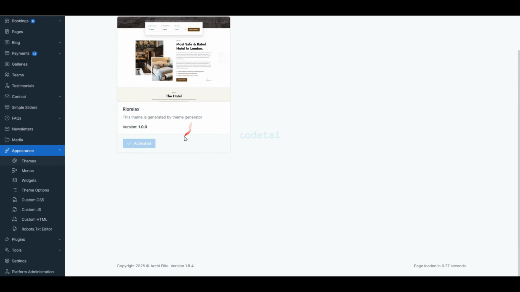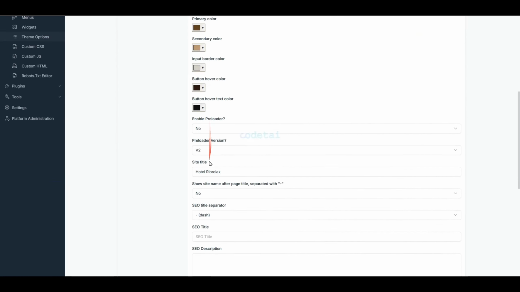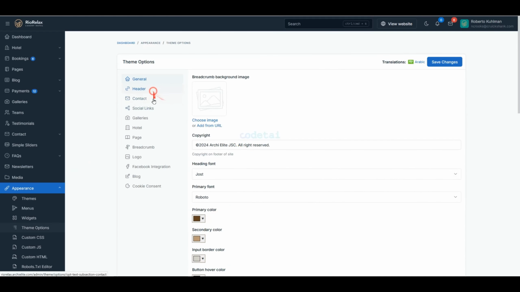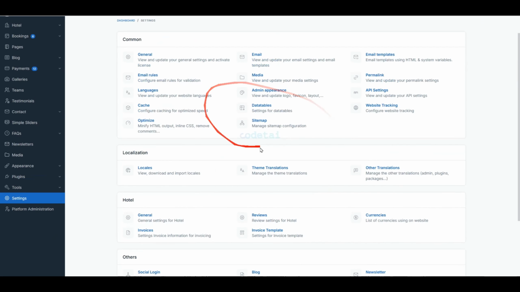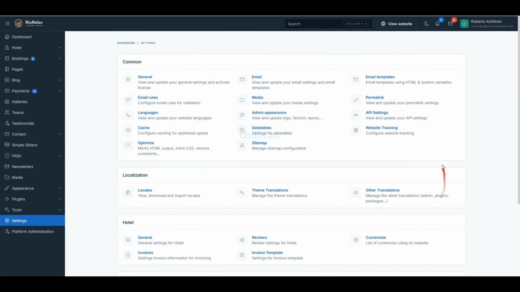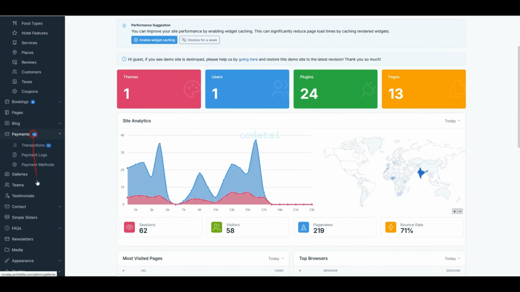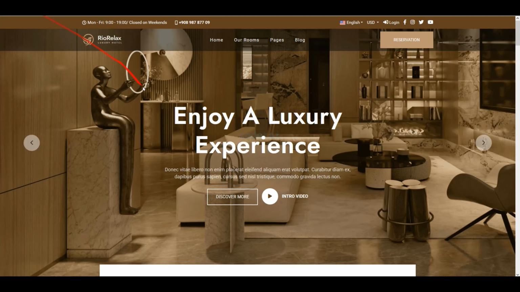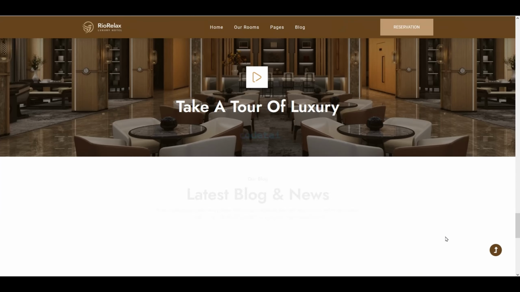You can also customize important functionalities of the website using the appearance section and easily change the homepage of the website, such as changing the images and text on the homepage. You can also use the settings section to manage the most important functionalities and features on your website according to your needs. Yes, you definitely get all the functionalities of this admin panel to manage this hotel and resort booking website. So now let's learn how to create this hotel and resort booking professional website.